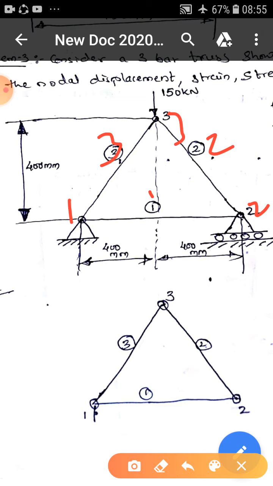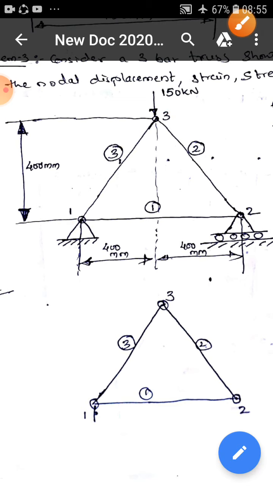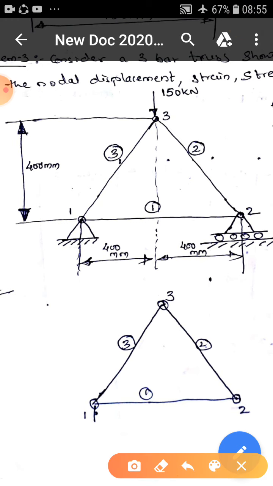Before I go ahead and solve the problem, we'll just discuss the problem here. They have given you the height as 400 mm and width as 400 mm here and here. I don't think it will be difficult for you to determine the length. The length of this element becomes 800 because of this plus this. To determine the length of element 2, we need to take this right angle triangle and apply Pythagoras theorem, because this is 400 and this is 400. It becomes somewhere around 565.